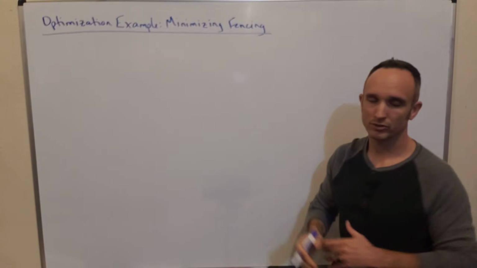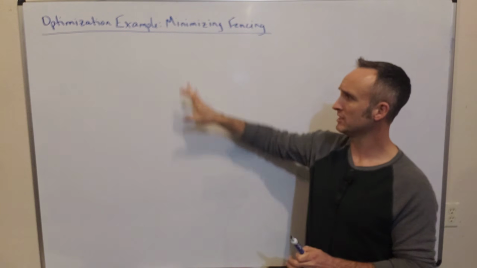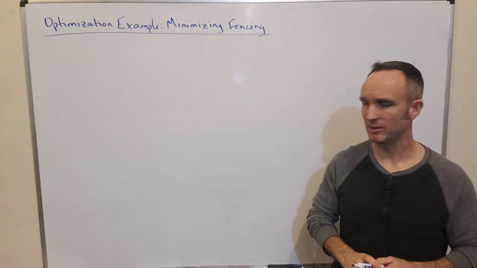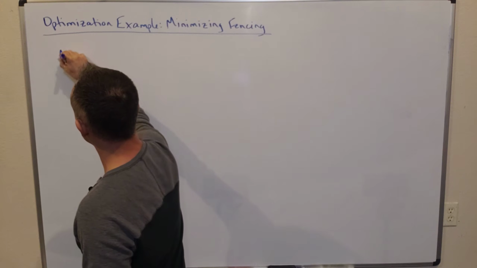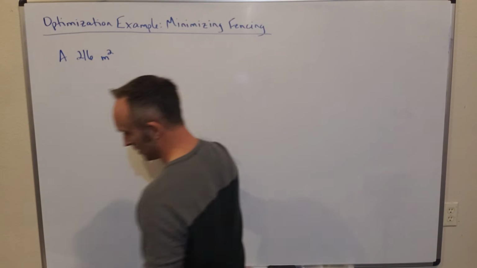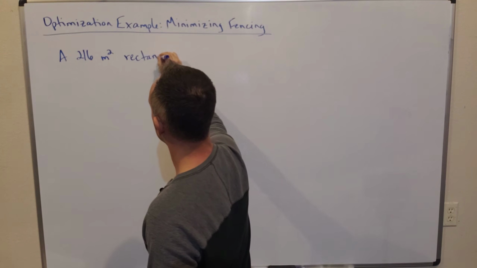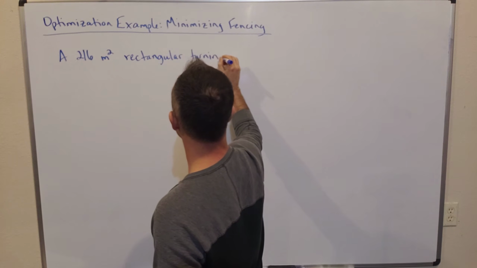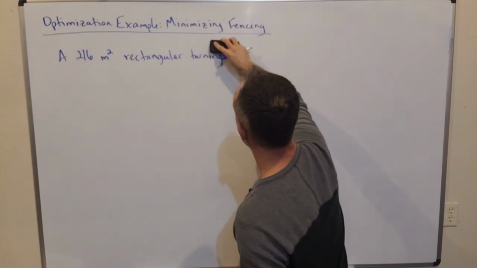Okay, so I'm going to write the example that we're going to work in detail, which will take some space here, and that will provide you time if you're taking notes to write the example as well. So we'll start by saying a 216 square meter rectangular turnip patch, 216 square meter rectangular turnip patch